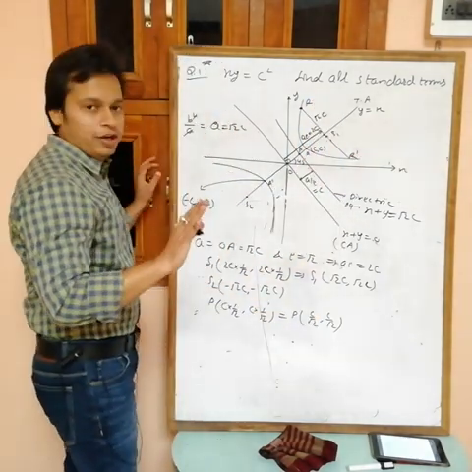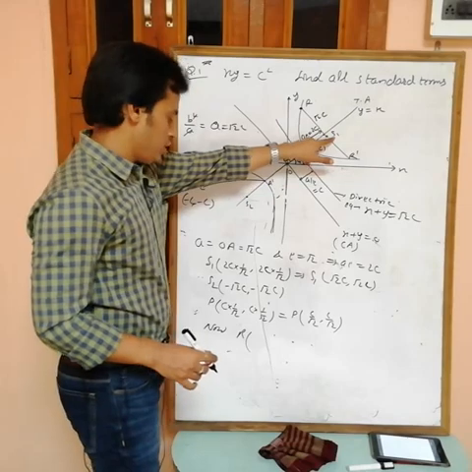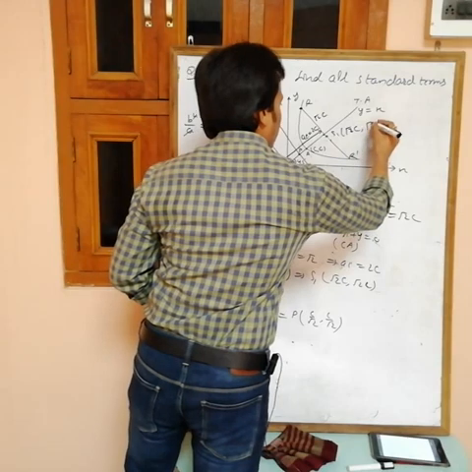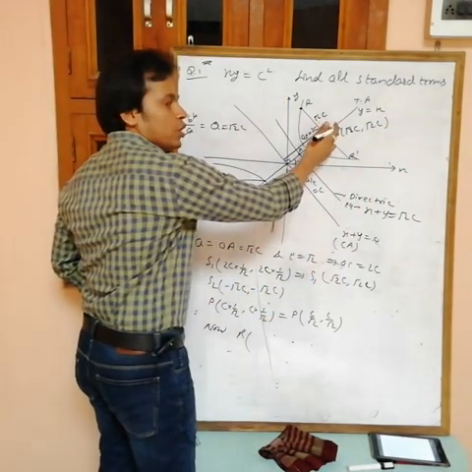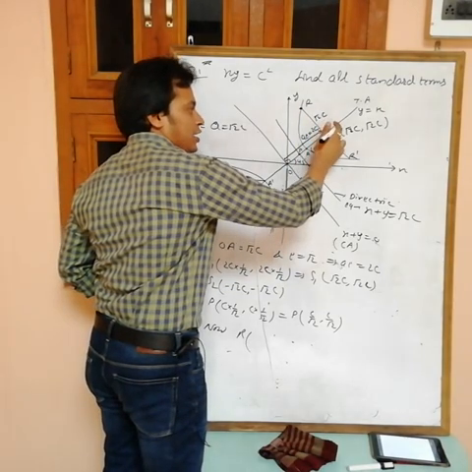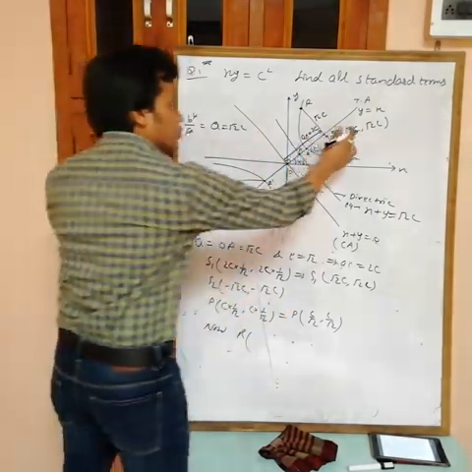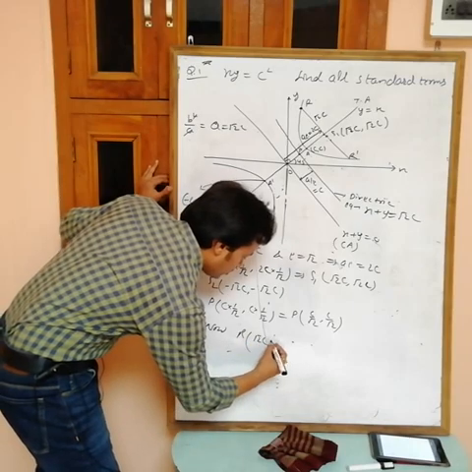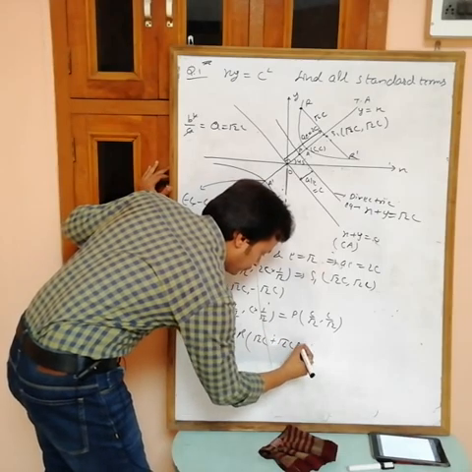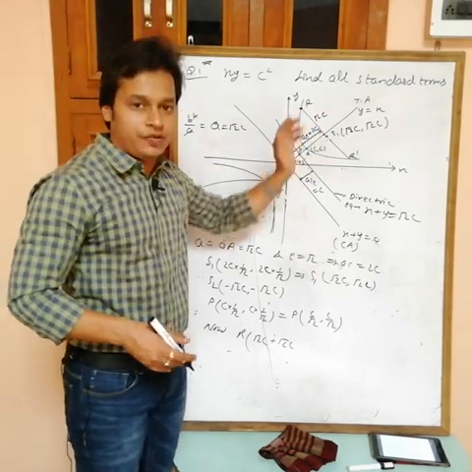So I am finding the coordinate of r. Now the coordinate of r for S1 is root 2c comma root 2c, and this is the angle formed by this line with the x-axis. This one is 90 and this one is 45, so 135 is the angle. Now I am using the parametric form: x1 is root 2c plus r, where r is the distance, times cos theta. Theta is the angle formed by the line with the positive x-axis.